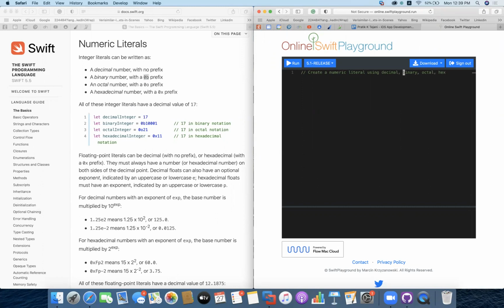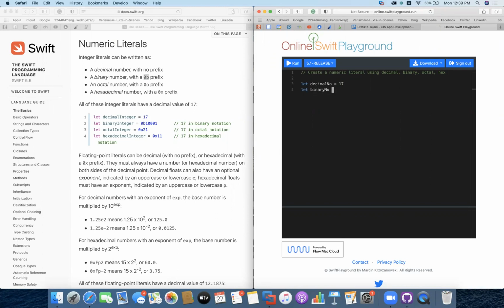When we create a binary number, we can quickly create it. This is going to be my decimal number. The decimal number is 17. We can quickly define it in this way. This is the default way of defining a decimal number, but we can also create binary numbers.